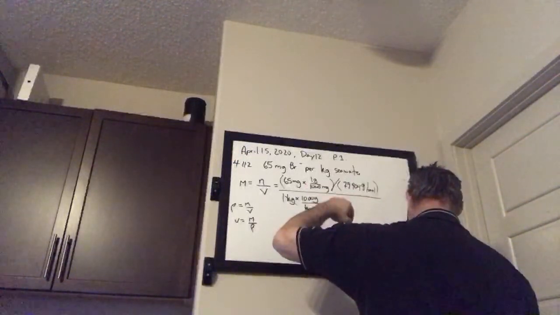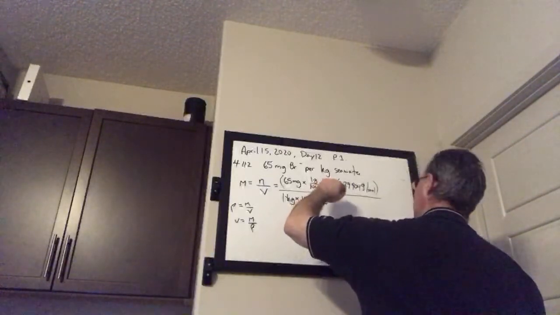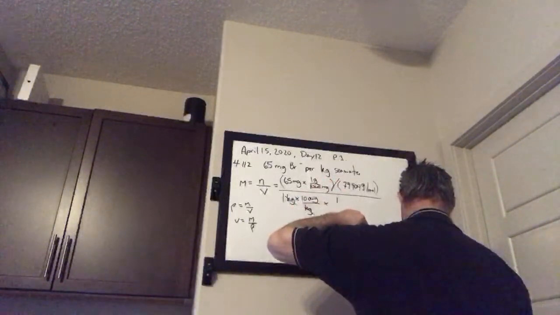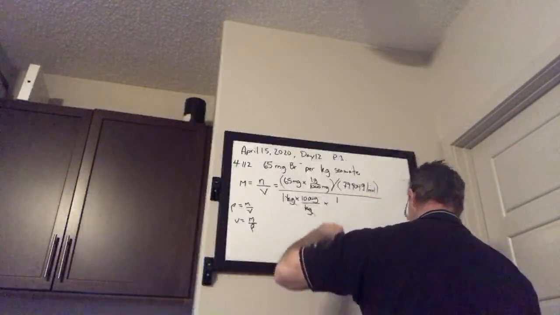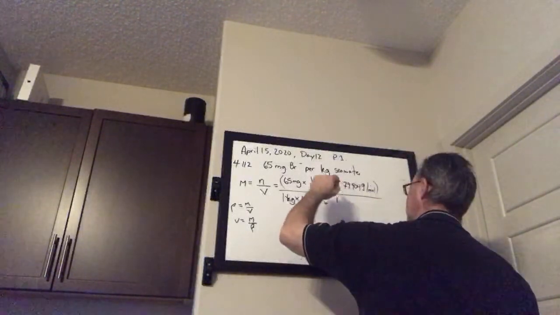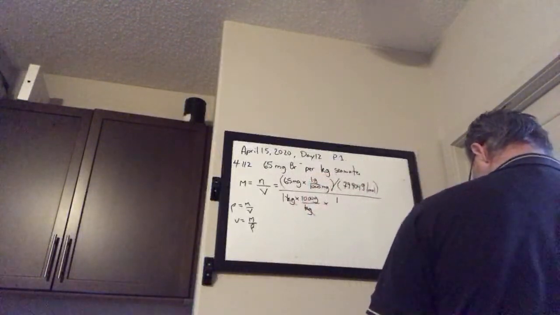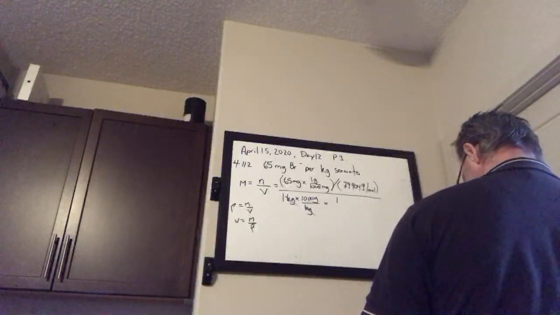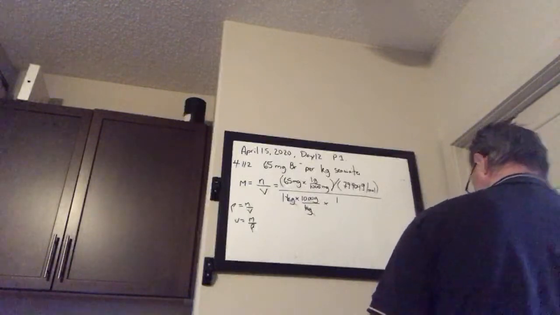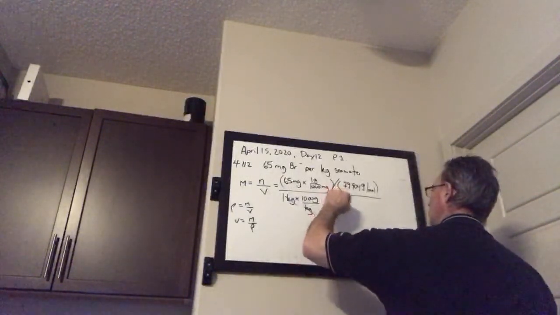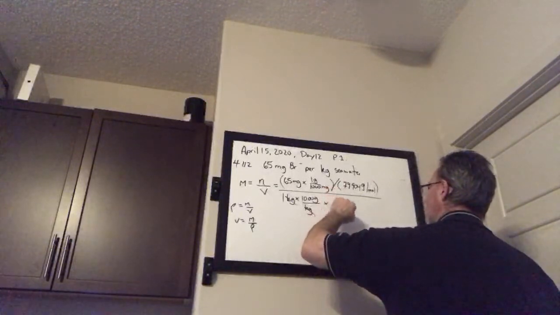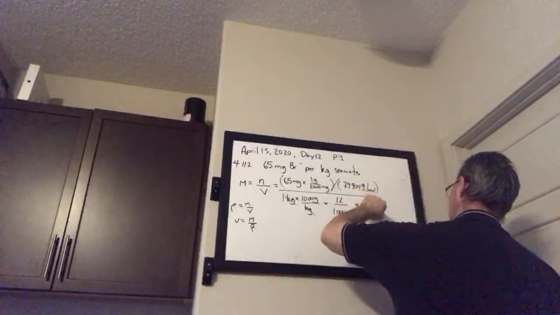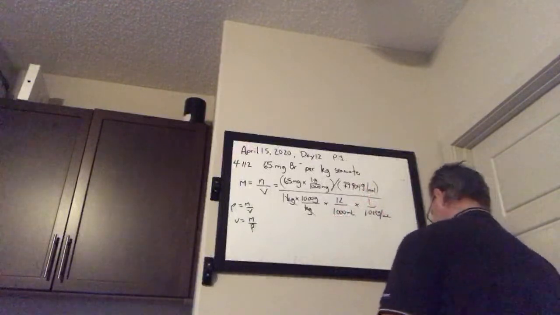Times, so it's 1 liter per 1,000 milliliters, and it's all over 1 over 1.025 grams per milliliter, and that all equals to